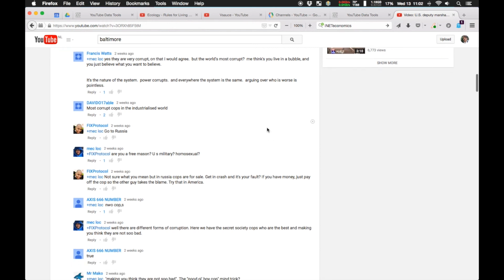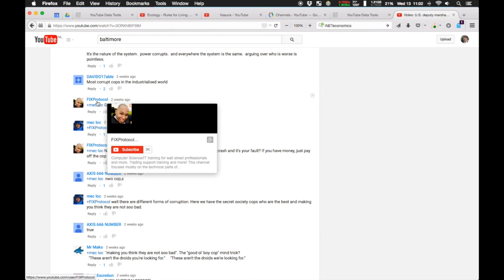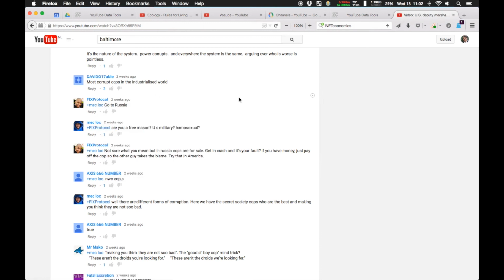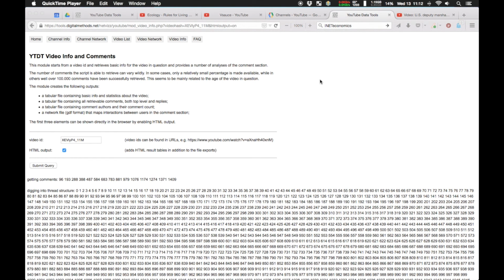Fortunately, in many cases you don't have to do it, because you can see, for example, here, MacLog is actually replying to this user, and then it creates a link from MacLog to fix protocol, and that's really straightforward. But for example, here, "true, true" in terms of the top level comment, or true in terms of the last comment here, we don't know, but in the script, if it's ambiguous, it's always to the top level comment. Yeah. So this is the last module, and I just quickly want to show you the